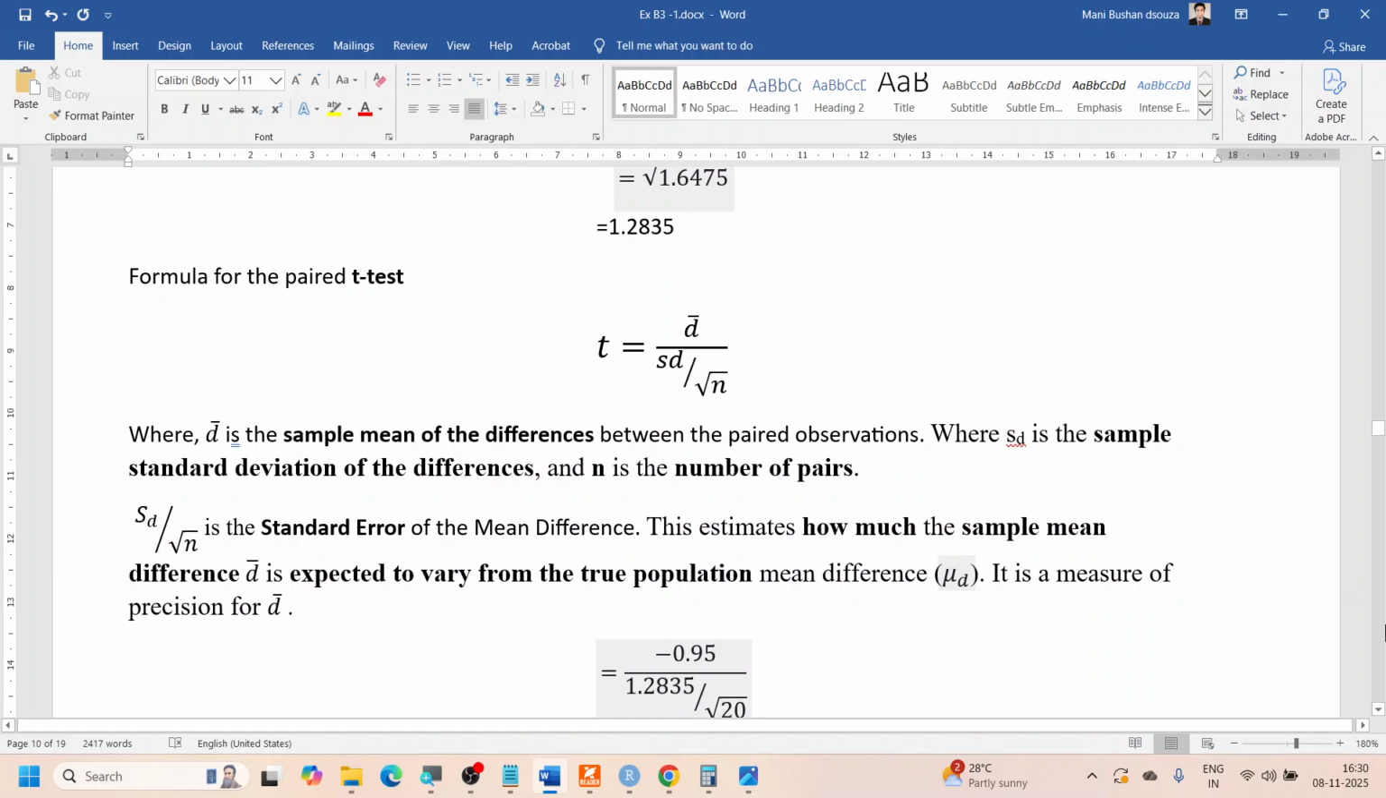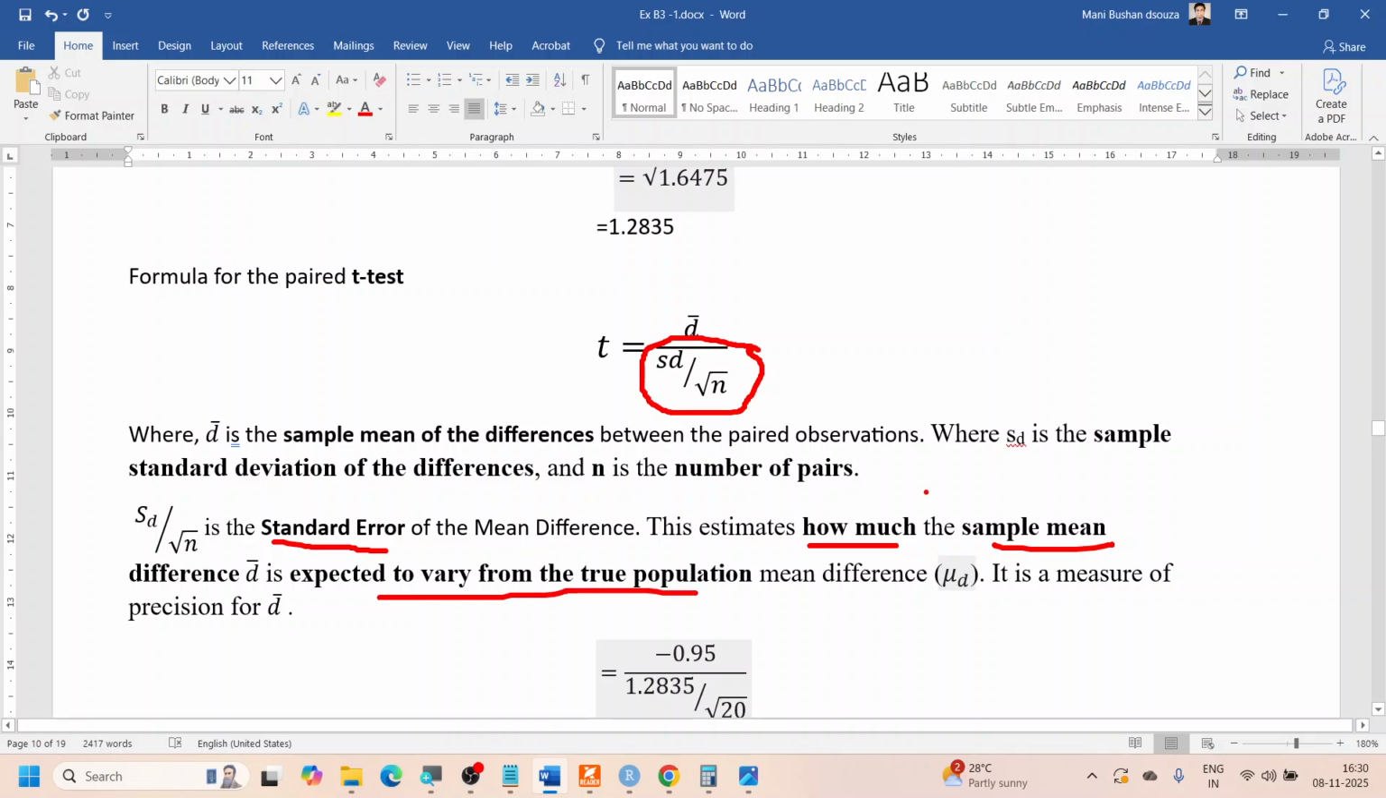This term, what you see over here, the sample standard deviation of the differences divided by the square root of the number of pairs, is called the standard error. So what is the significance of this? It is going to estimate how much the sample mean difference, that is d bar, is expected to vary